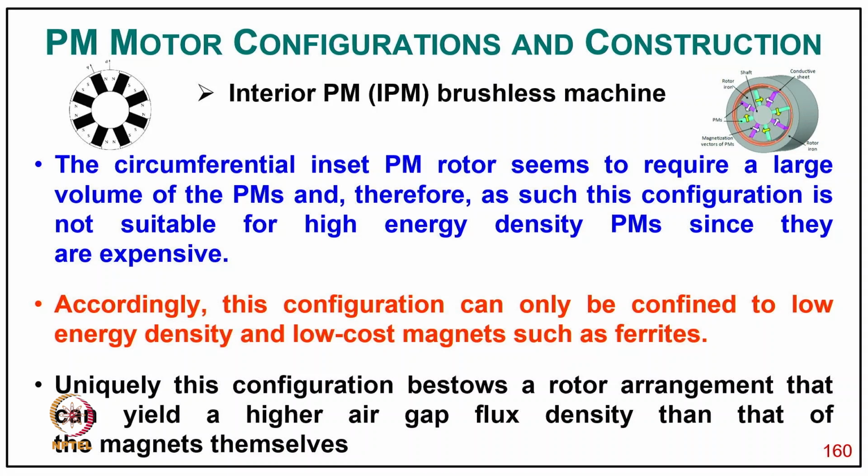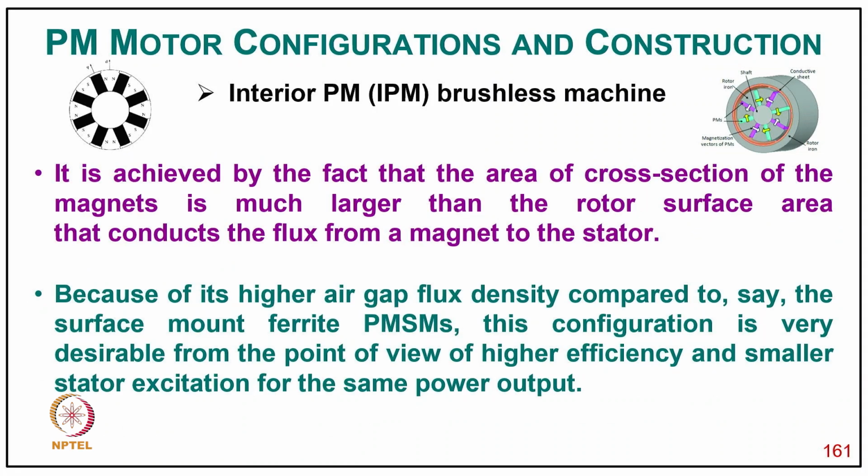According to this configuration, it can only be confined to low energy density and low cost magnets such as ferrite. Uniquely, this configuration bestows a rotor arrangement that can build a higher air gap flux density than that of the magnet itself. It is achieved by the fact that the area of cross section of the magnets is much larger than the rotor surface that conducts the flux from the magnet to the stator, and because of it, a higher air gap flux density compared to, say, the surface mounted ferrite